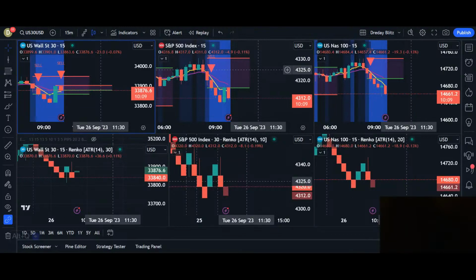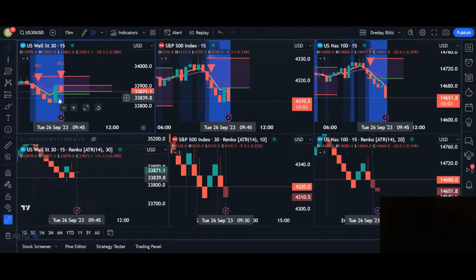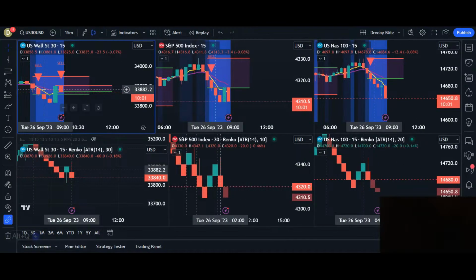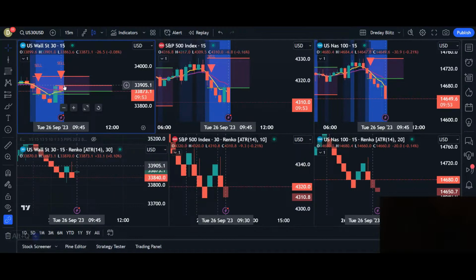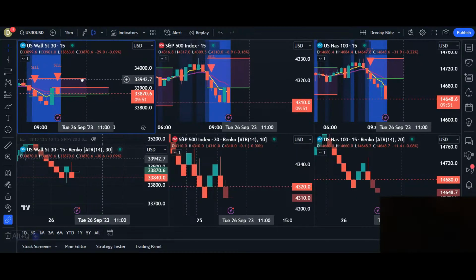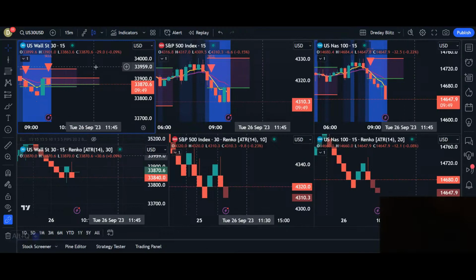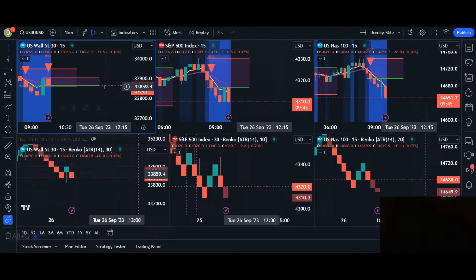Because as long as I don't see an actual reversal in the downside, because of the push up that we had here, this is an indication that the market wants to reverse in the upside. But we have a sell here. But even though I'm not gonna get in on the sell right away,